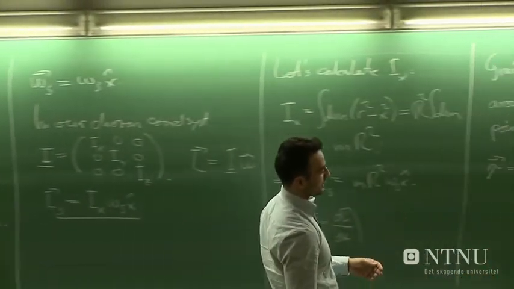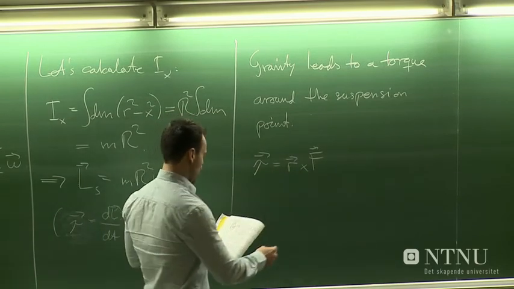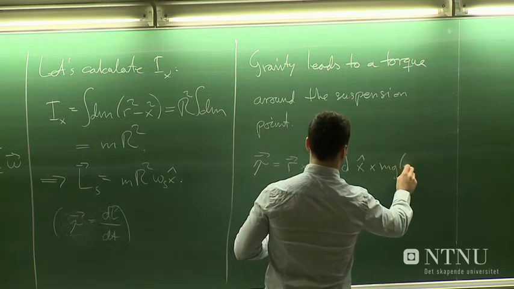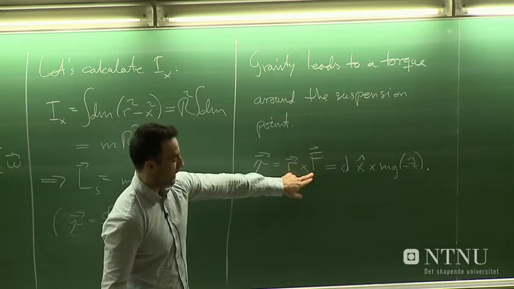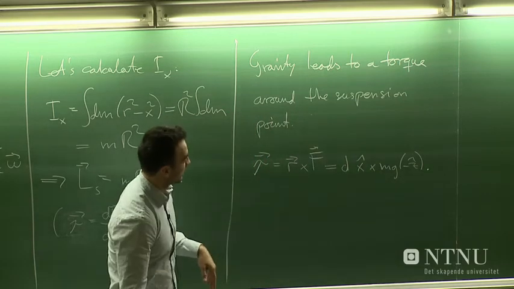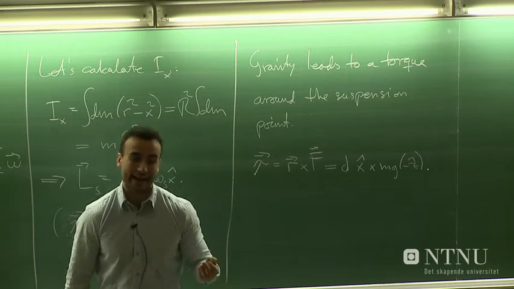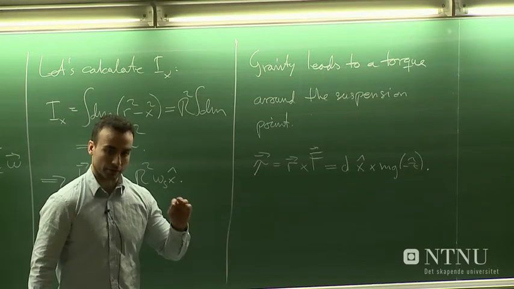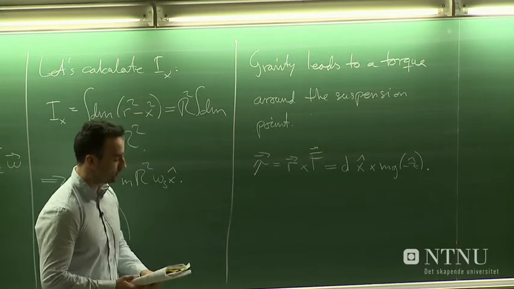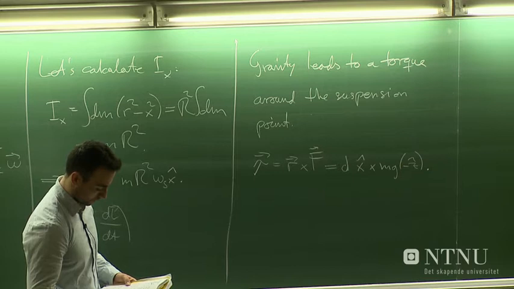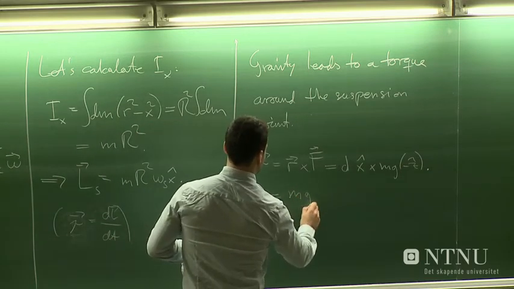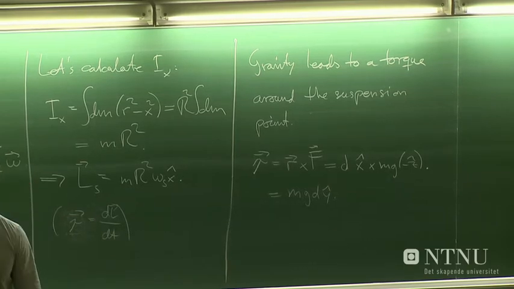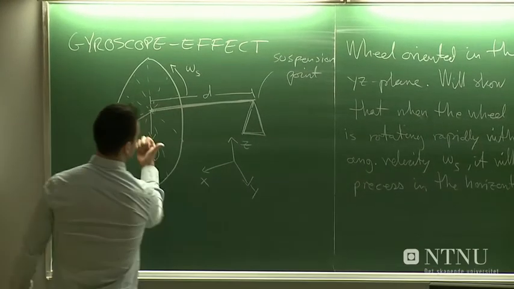Now the torque is given by r cross F. So we get this. The force acting on the center of mass is mg in the minus z direction. And the position vector to the center of mass is d times the x unit vector. So you would get the same result if you just consider the torque acting on each sub-region of the wheel. This is equal to mgd acting in the direction of y. So the torque is acting in this direction,